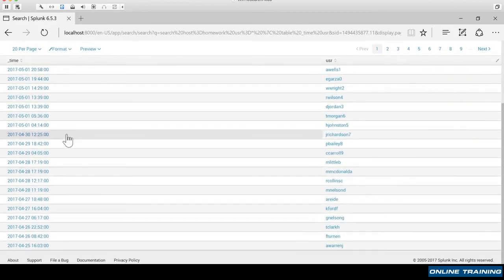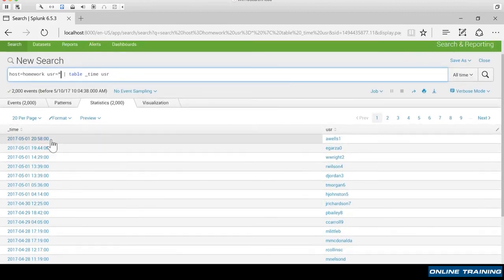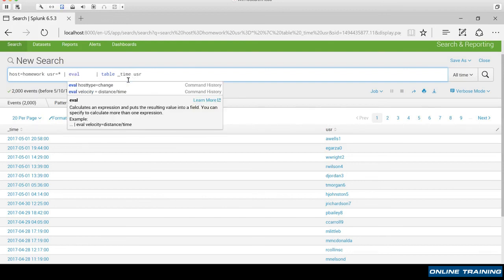And the timestamp looks okay. I mean, people could probably figure out the date and the time there. But let's say that that is not sufficient. Let's play around with the time here. So remember, in between these two pipes, we're going to do an eval statement, and let's call our field